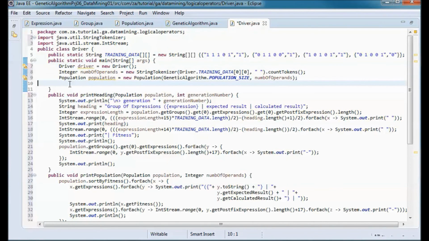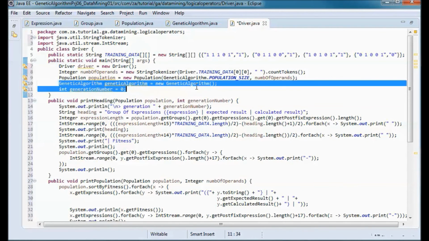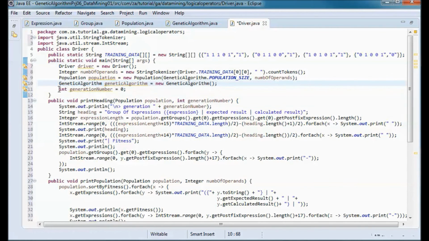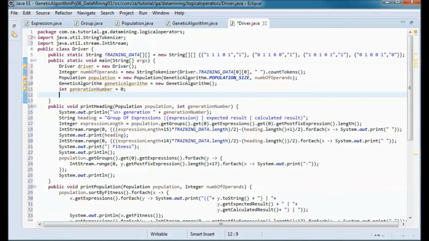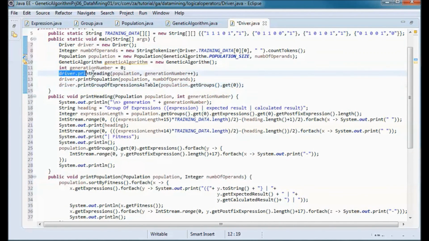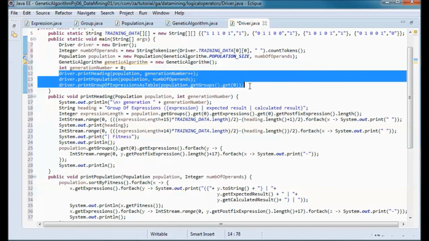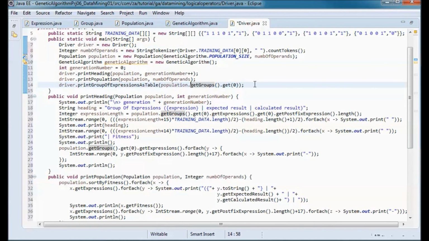And I will instantiate a new genetic algorithm and start from generation number 0, and this will print the heading, the population, and the group of expressions as table for generation 0.